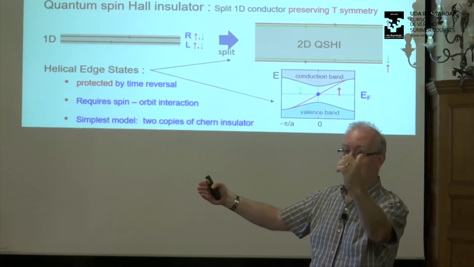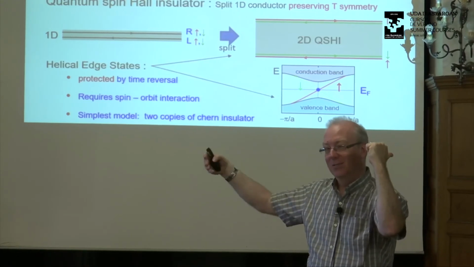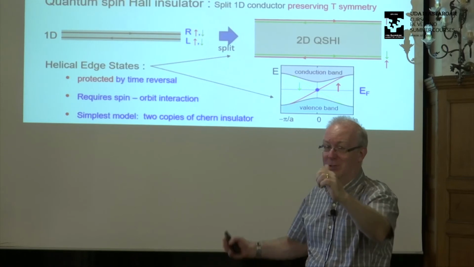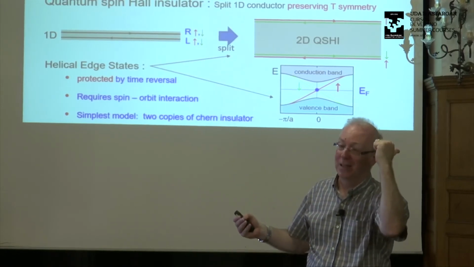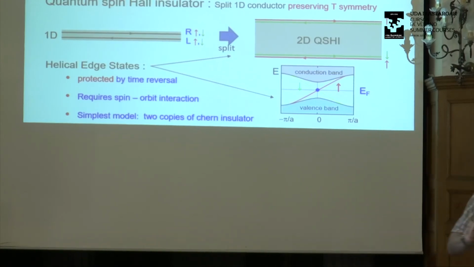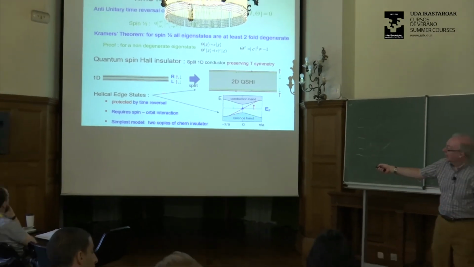Because the chiral mode by itself, if I do time reversal, is going to be going the other direction. Okay? So a chiral edge cannot respect time reversal symmetry. So in order to get a Chern insulator, you have to break time reversal. Okay? So, but what if you have time reversal? Then is there a way of splitting this?